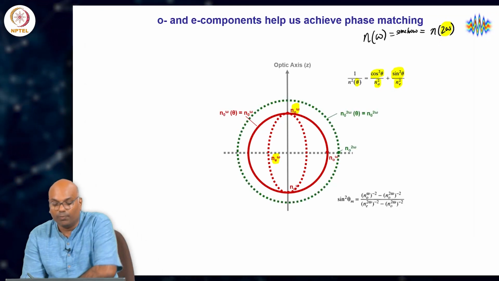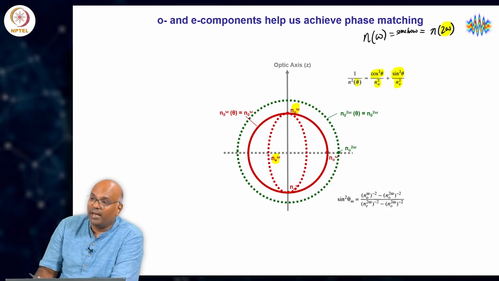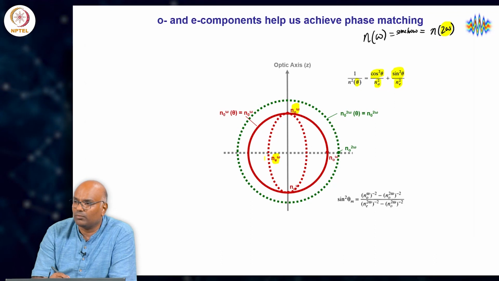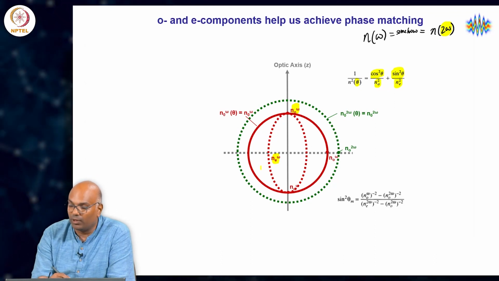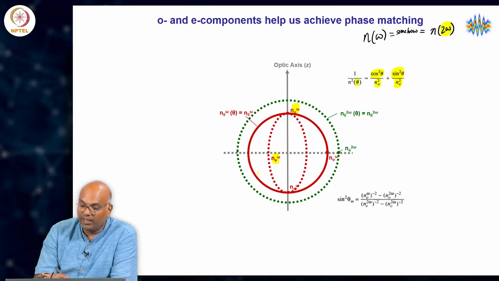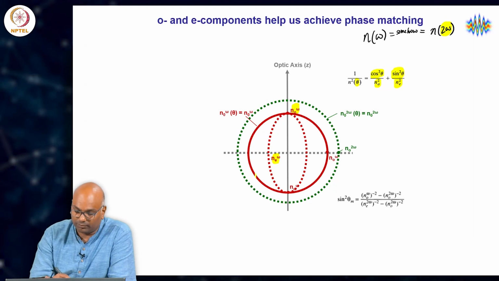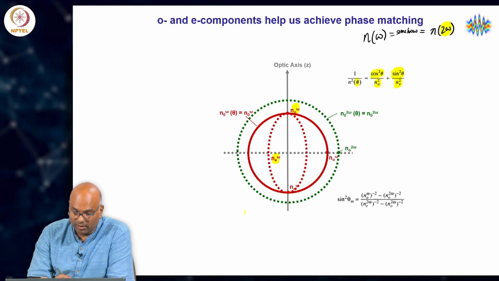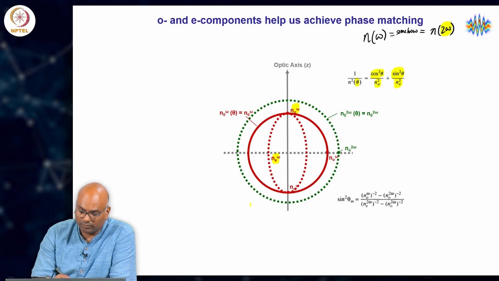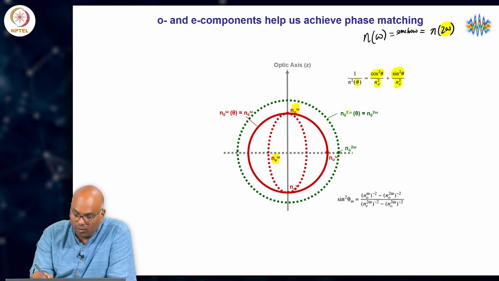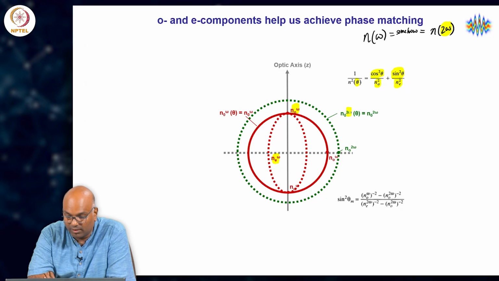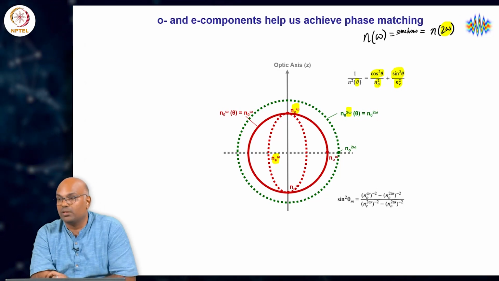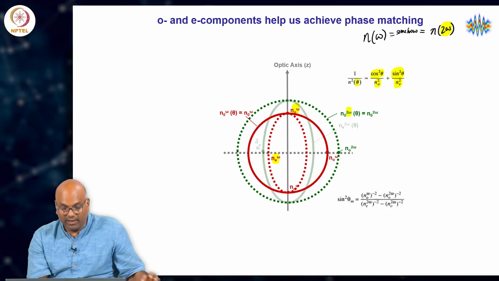If for No, we have the fact that No of 2 omega has this circle, okay, the green dotted circle, and Ne